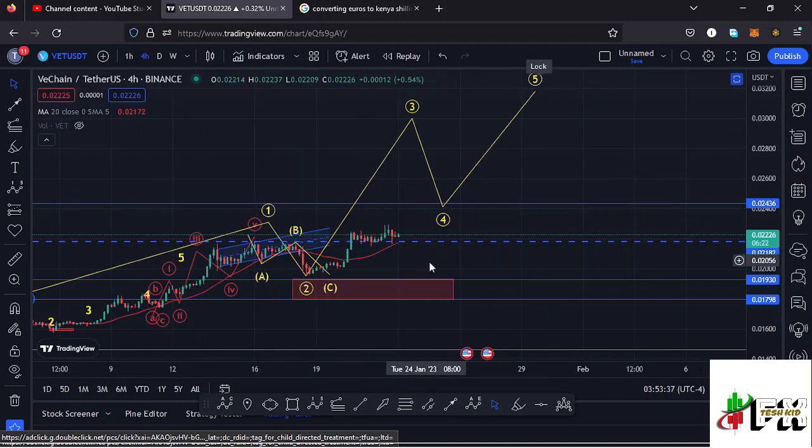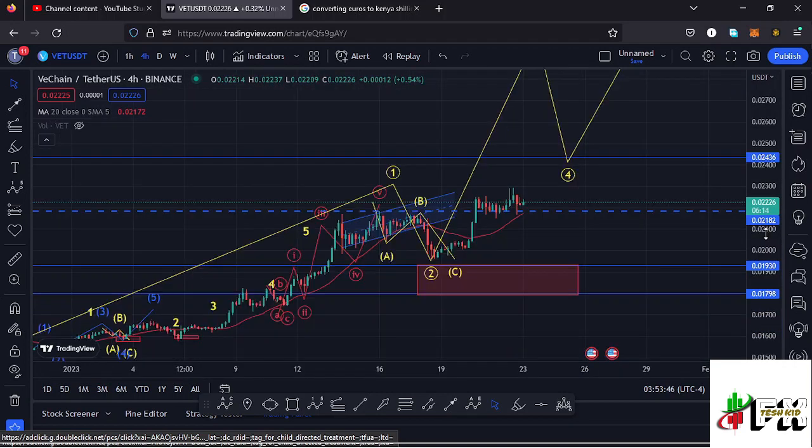And that is the minimum that I would expect that wave 3 to the upside to do here on the Vechain chart. And for that to play out, we need to continue holding above the wave 1 high, which I have marked here on the charts using this dotted line, and that perfectly lies at around the $0.02182